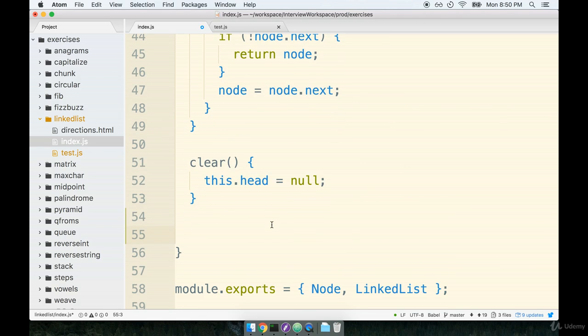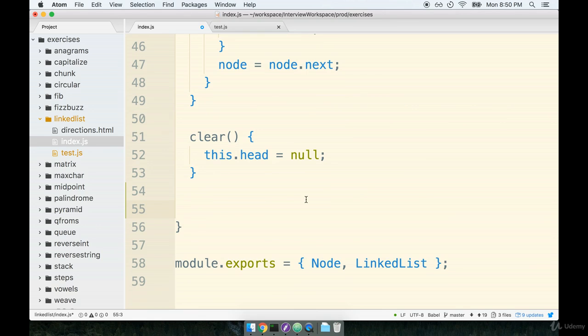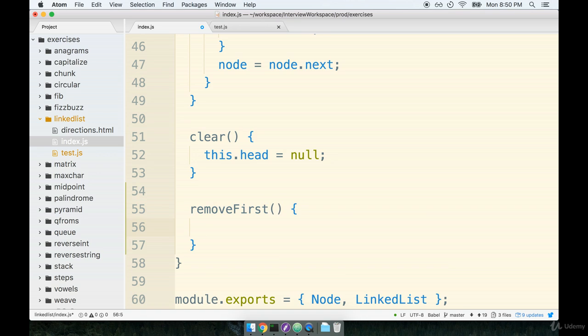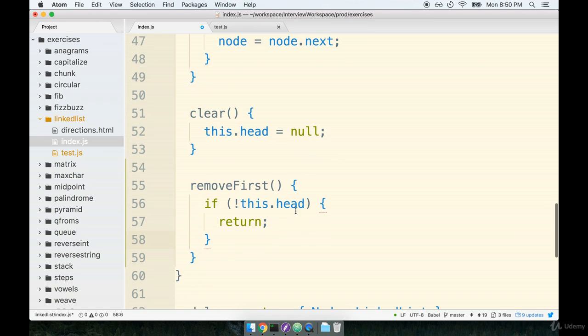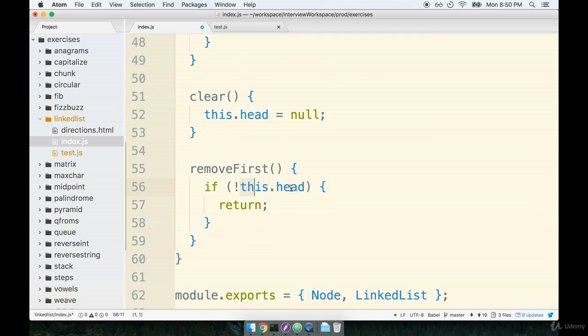Again, I'm down here at the bottom, right underneath our clear method, and we'll define our RemoveFirst method. So the first thing we're going to do is make sure that there is, in fact, a head node. So we're going to check to see if there is or is not a head node. So if !this.head, so if there is not a node here, just go ahead and return. We're done, nothing else for us to do, because the linked list must be completely empty if nothing is assigned